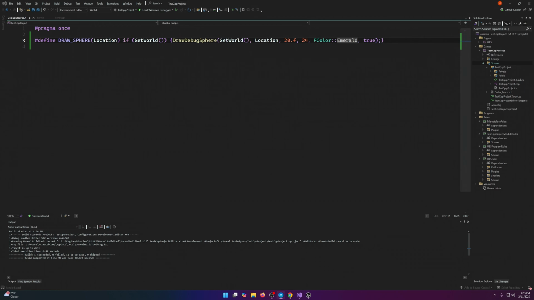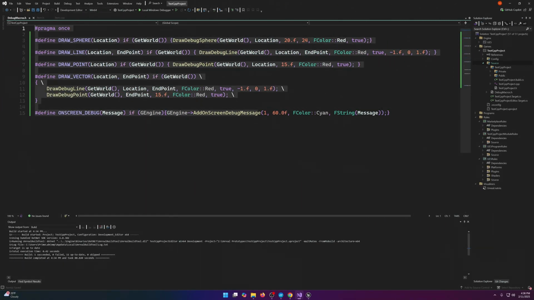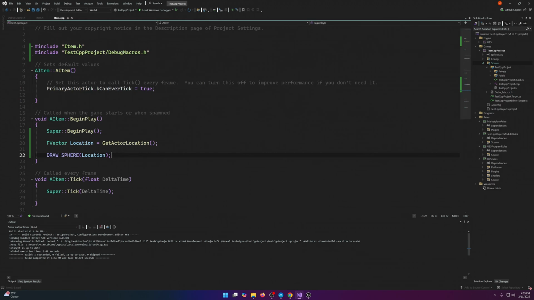Now there are other debug things that we could use, such as draw line, draw point, and draw vector. And we'll quickly put those together for you to work with. So here I've compiled some just useful debug tools for us to use. In fact, there'll be a link for you to be able to just pull this from GitHub. But we have draw sphere, draw line, draw point, draw vector, and then on-screen debug message. We might add to this later down the road as we go. But these can be used just to make life easier for us, and we can pull this into our own projects. So go ahead and grab that code, put it in here, and then in the next video,